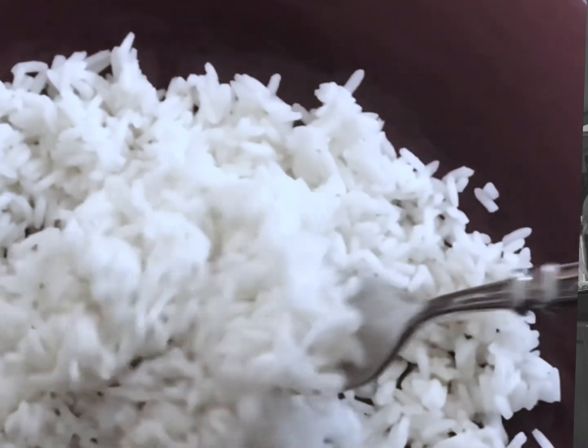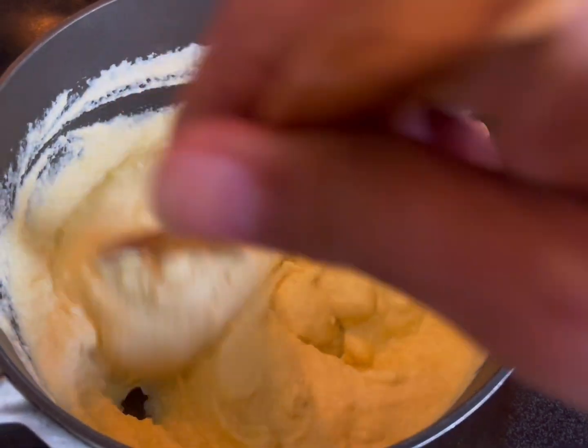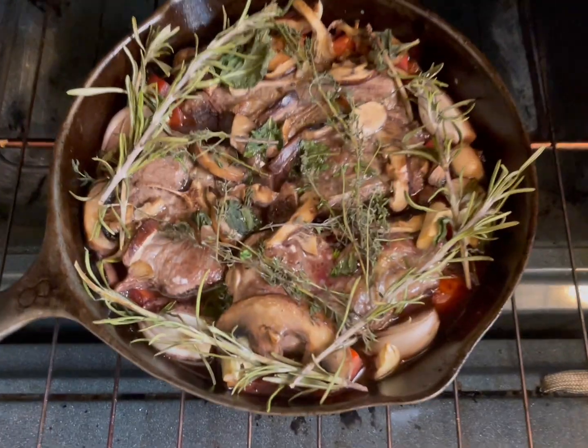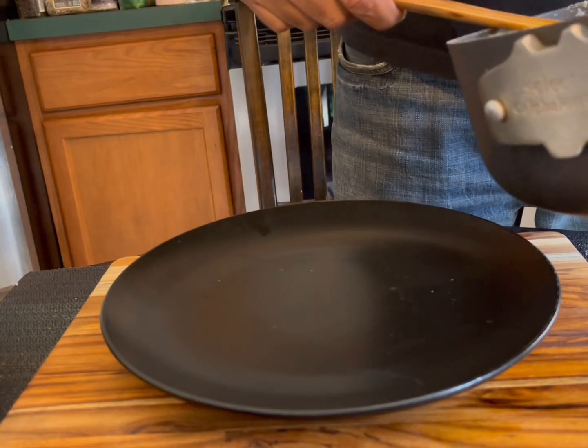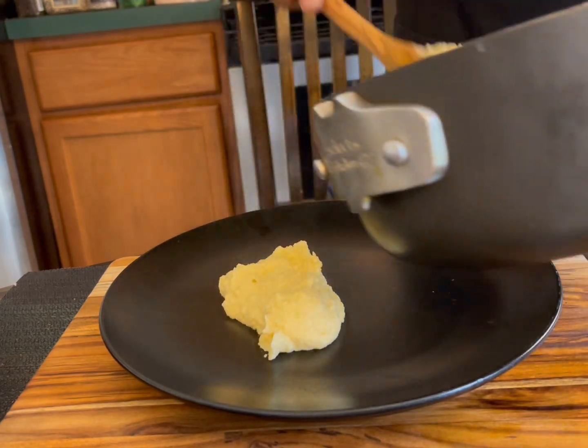You can serve it with white rice. You can serve it with mashed potatoes. Or you can serve it with polenta. Which one am I going to choose? Stay tuned. So I choose polenta. And I'm going to make a bed